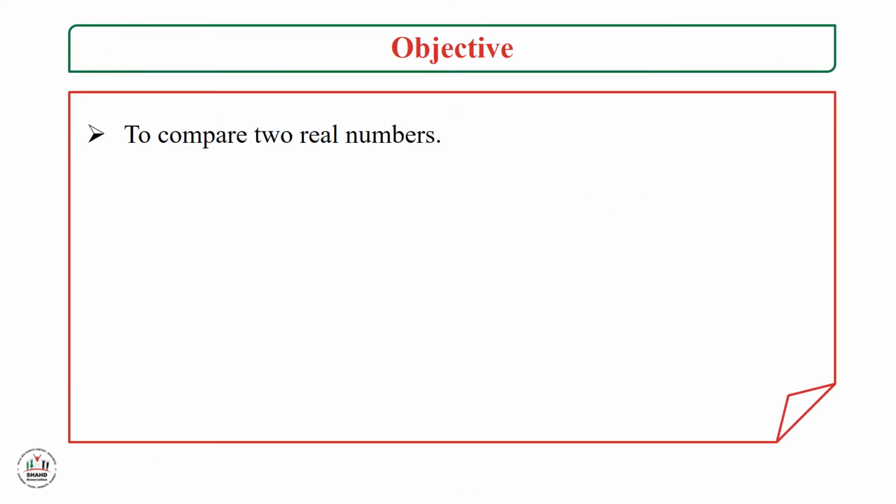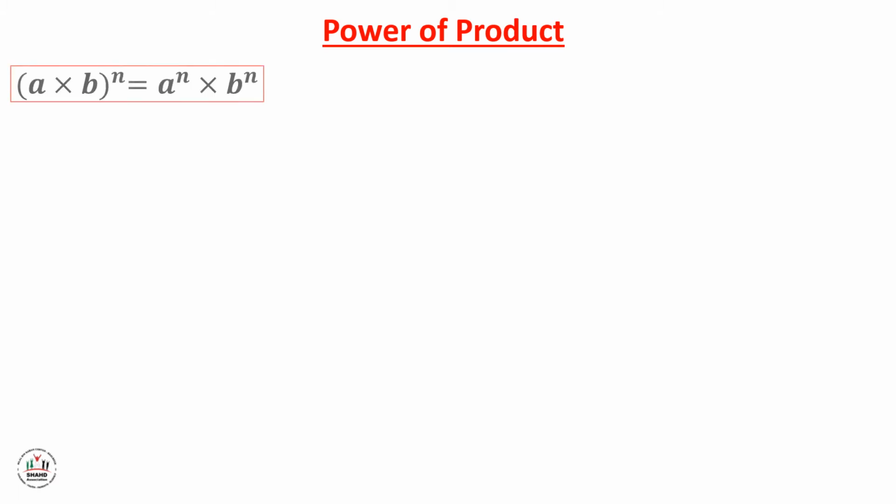And in this part, we will only learn how to compare two real numbers. Power of product. As we have seen in the Engage and Explore section, we should first revise the power of product rule as prerequisite information. (A times B) power n is equal to A power n times B power n. Example: (2 times 3) power 4 is equal to 2 power 4 times 3 power 4, which is equal to 16